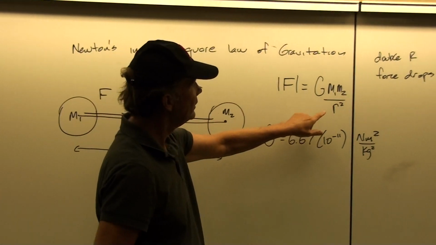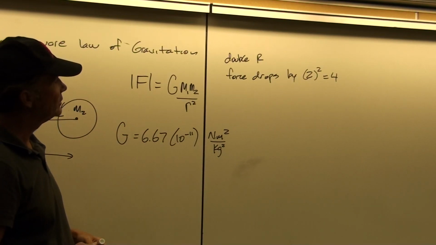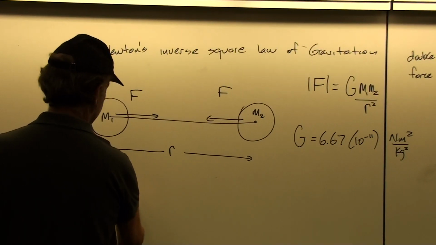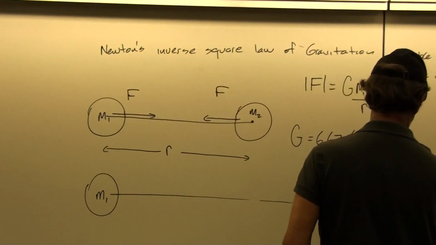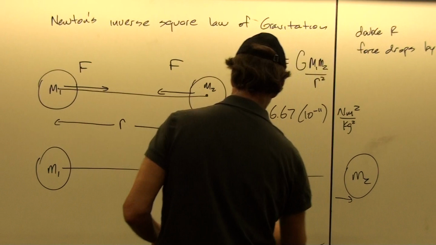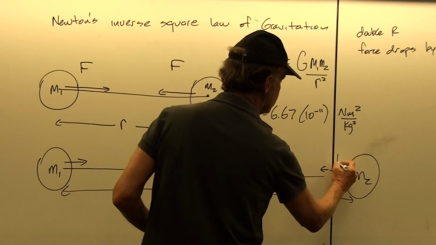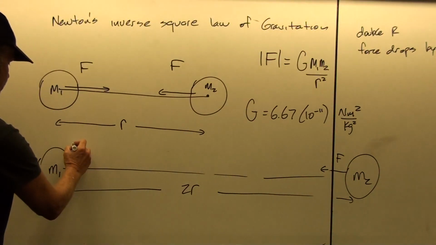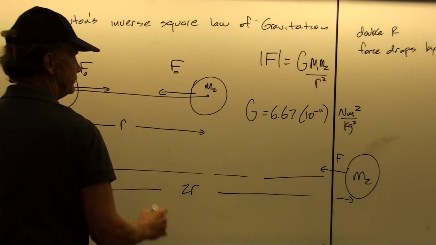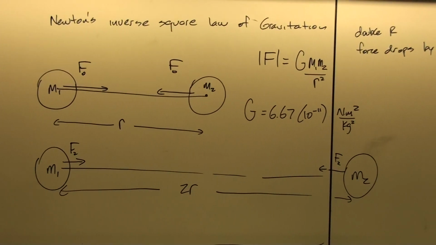Now, we call it an inverse square law because it depends on 1 over r squared. If we were to increase the distance between any given two masses, so we're not changing the mass, but we just change the distance to, let's say, 2r, then I think we could all agree that the force of attraction would be diminished because they're farther apart. I'll call this F2, and this F naught. But how much diminished would it be?